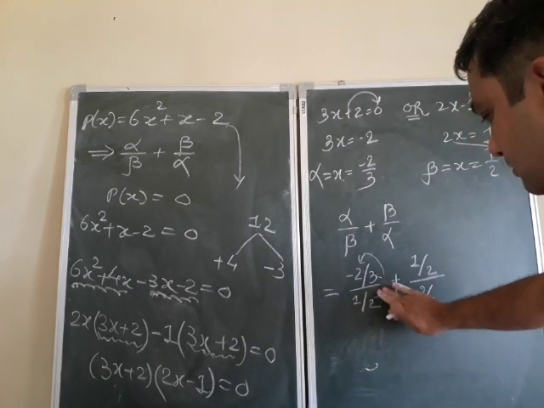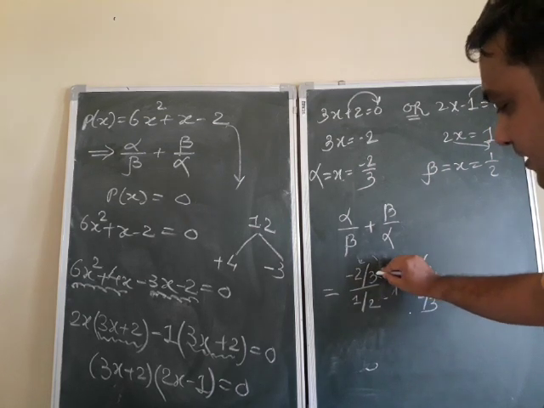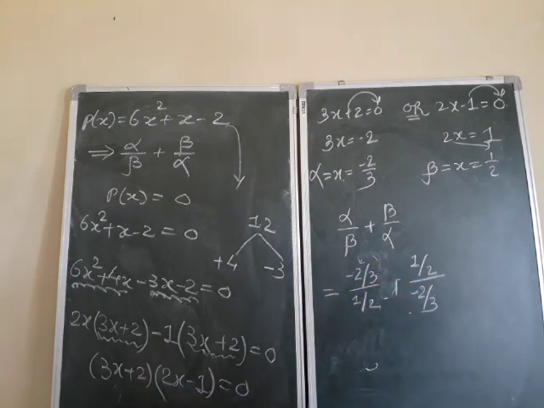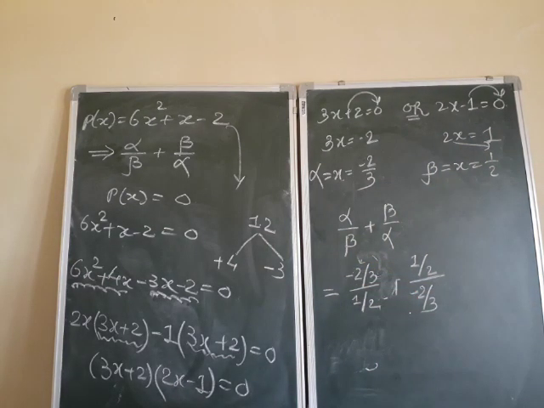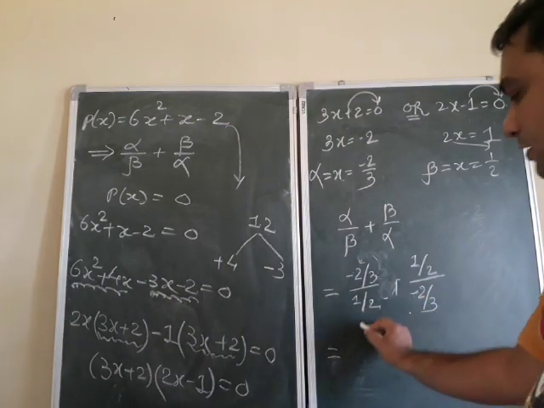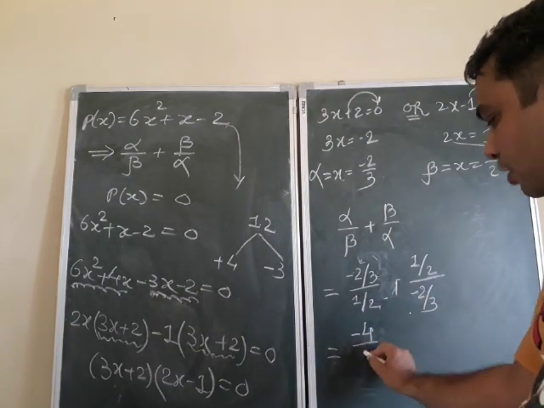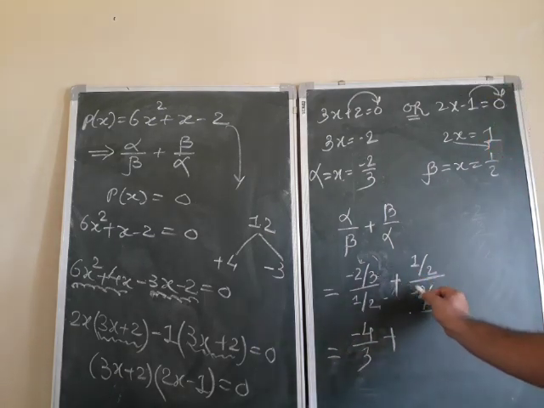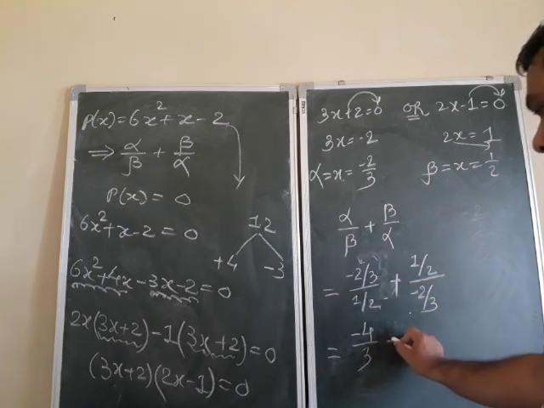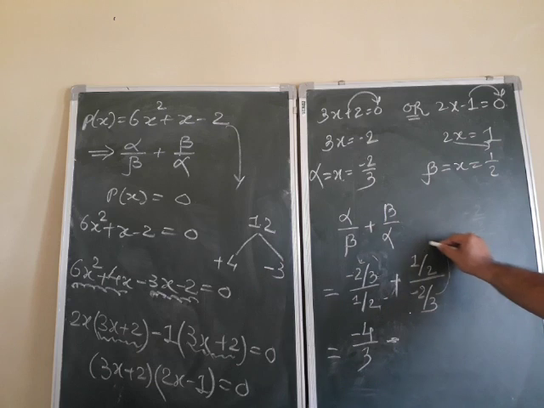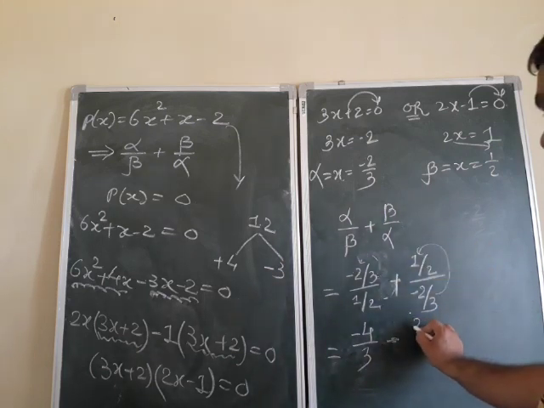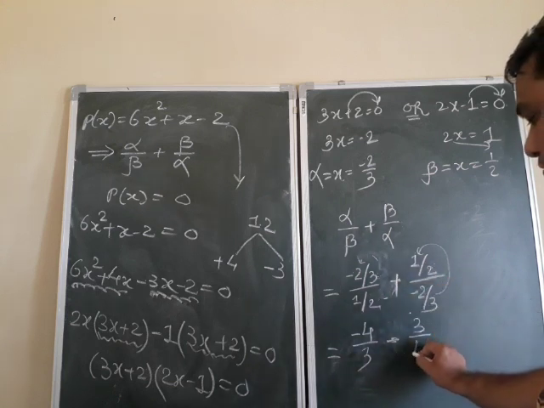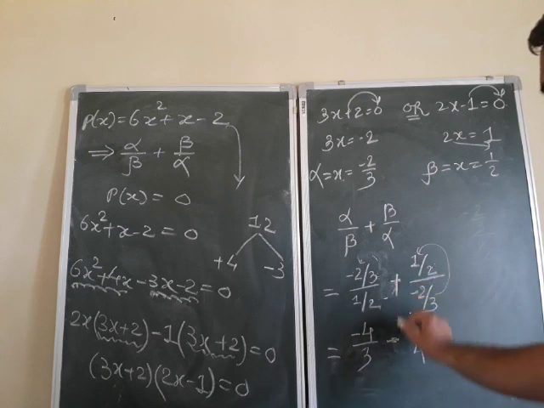Just wait, this 3 is here, and this 2 comes in here. So this 2 is here, so it is minus 4, and this 3 in the denominator, so minus 4 by 3 plus. Now see, this plus minus makes a minus. Now this 3 is in the numerator, so 3, and this 2 comes in the denominator, so 2 into 2, that's 4. Minus is already applied, plus minus is a minus.